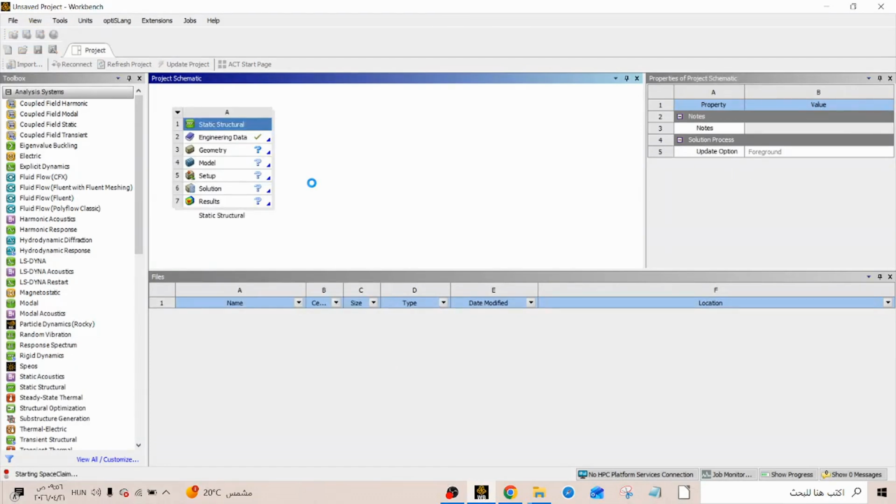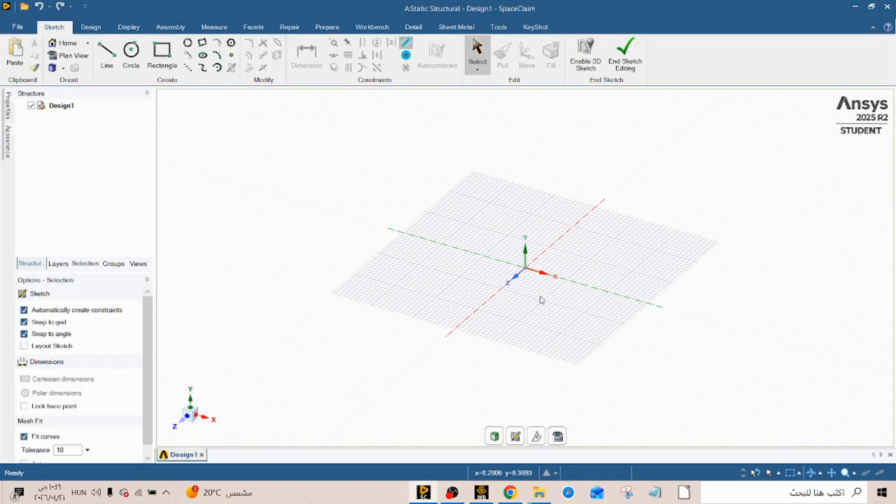SpaceClaim is opening up now. SpaceClaim is the built-in modeling software for ANSYS. You see here our modeling space. The first thing I'm going to want to do is select my units.